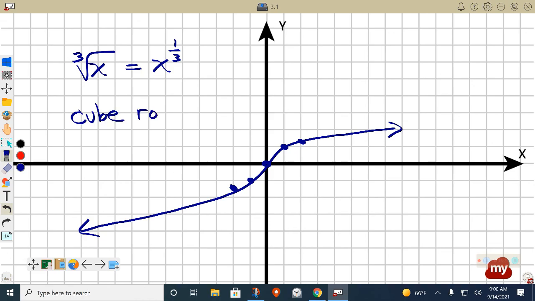Cube root function. So far, so good. All right. Now,